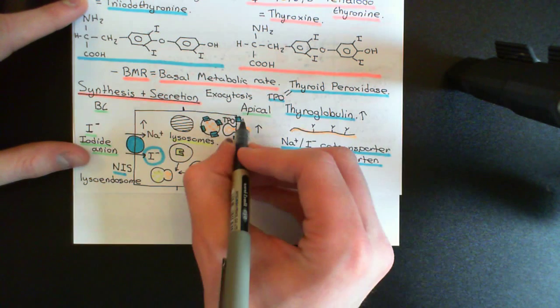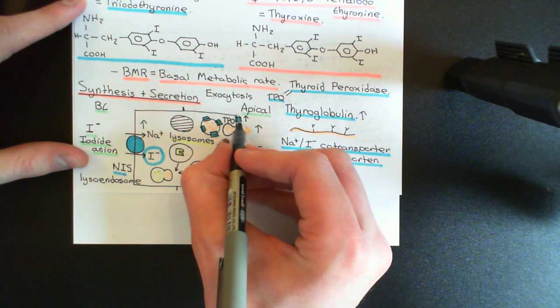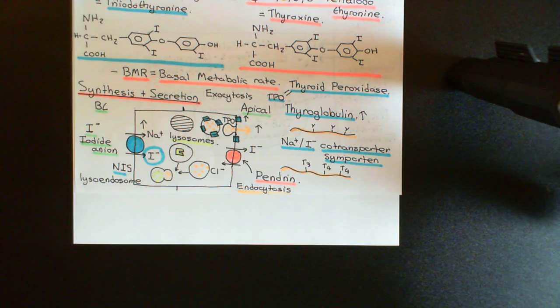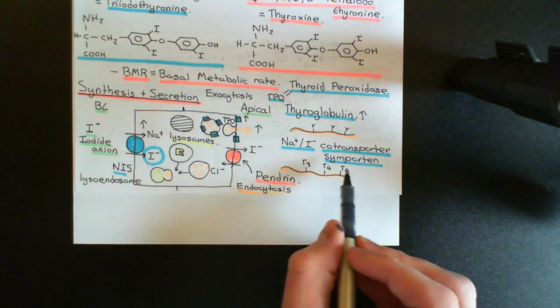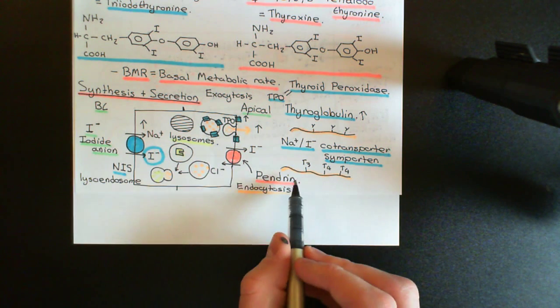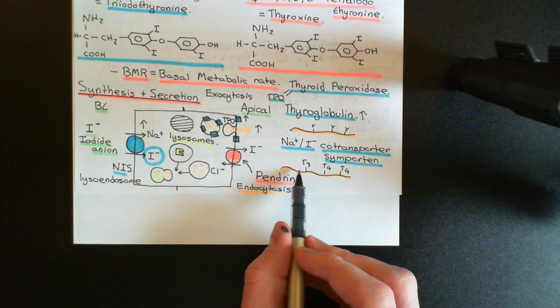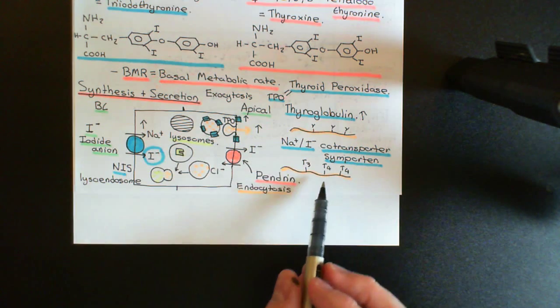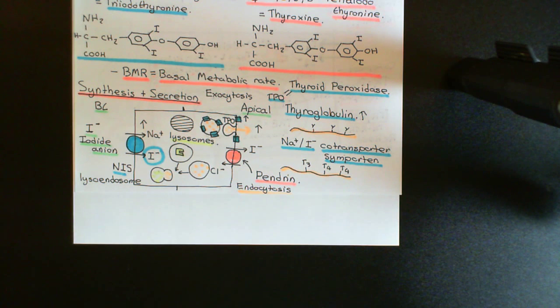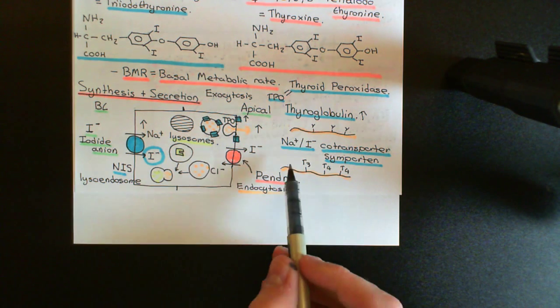So production of thyroglobulin, the number of thyroid peroxidase enzymes in the apical membrane of the thyroid follicular cells is going to go up. All of those things are going to result in more actual synthesis of T3 and T4 in the thyroglobulin proteins. So we're going to end up with more thyroglobulin proteins with T3 and T4 amino acids in their structure in